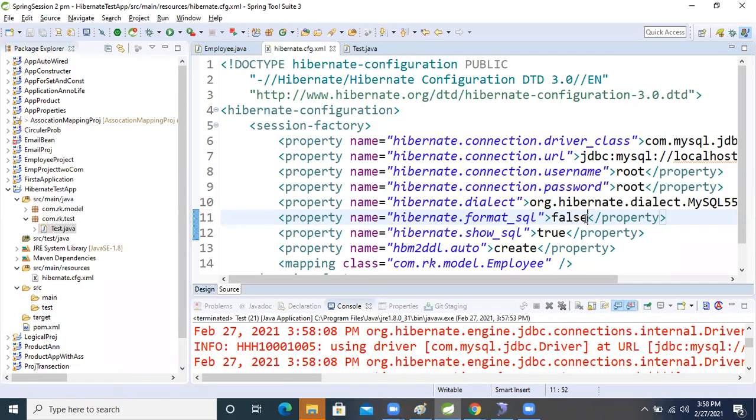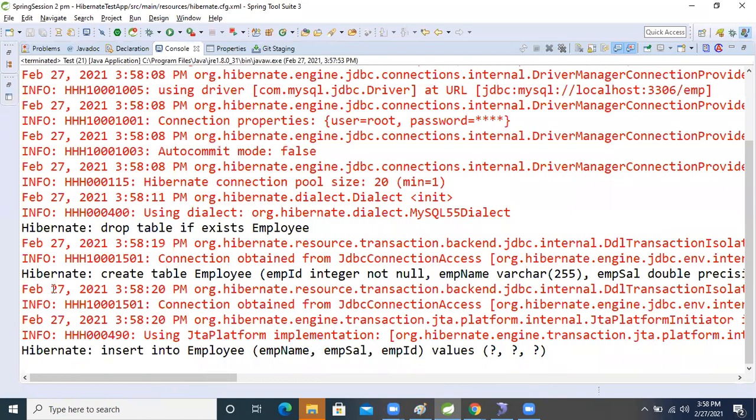So this is what I made true. Now, show_sql: what is the meaning of that? Show_sql means the query is generated on the console, right?